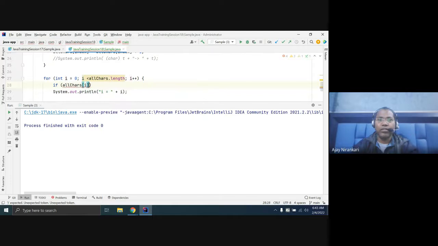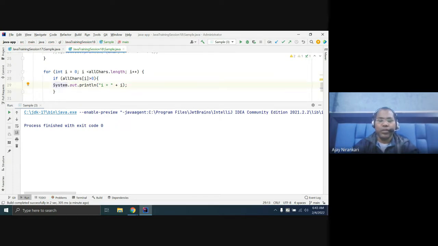By default all are 0, so I'm printing only those that are not 0. So we are going to print what the index is and what the index value is.